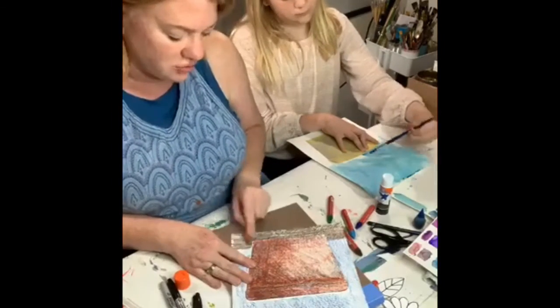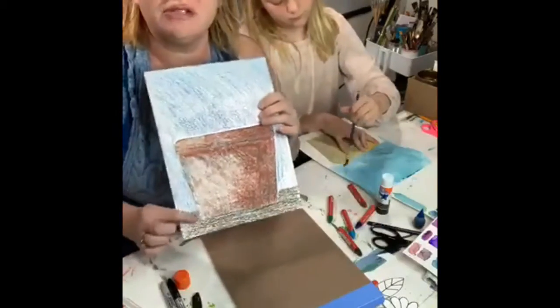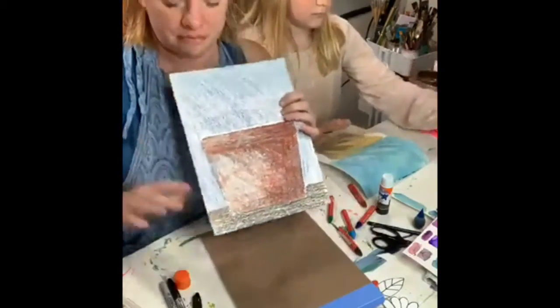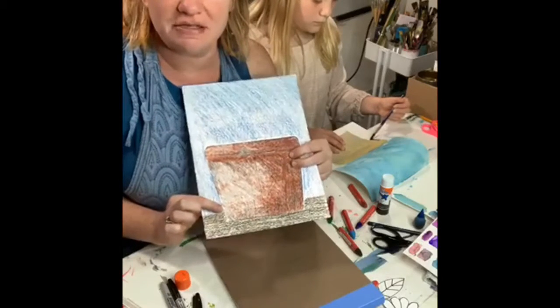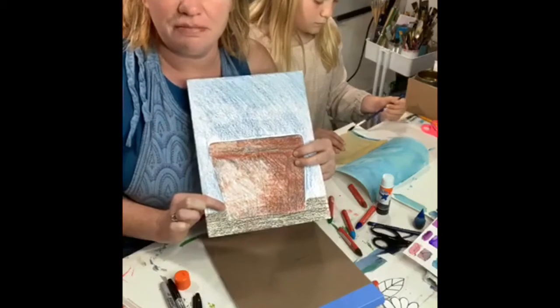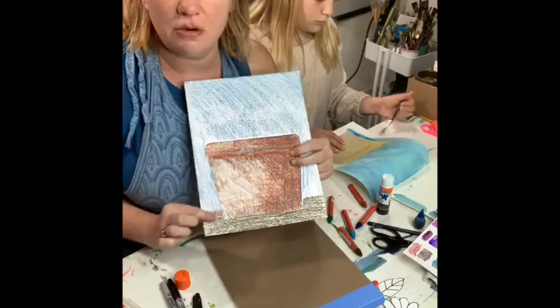I'm going over this with a different brown, and so see I have a little bit of a table or bench, and then I came up a little bit past the edge of my pot,